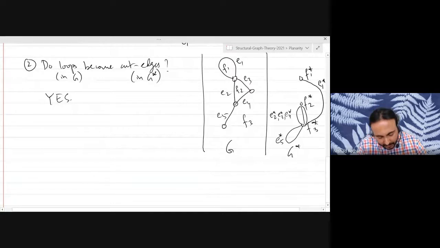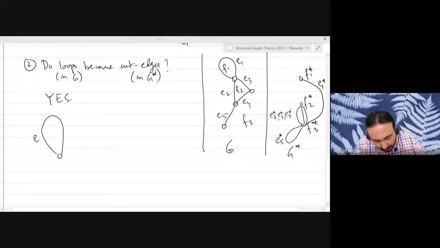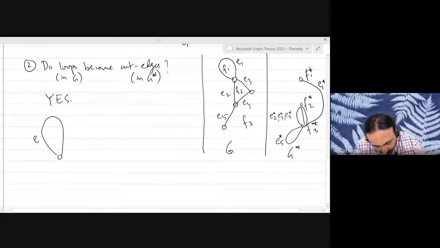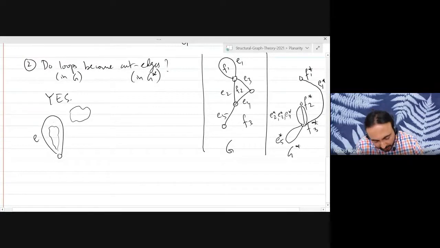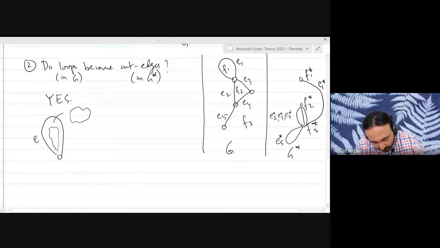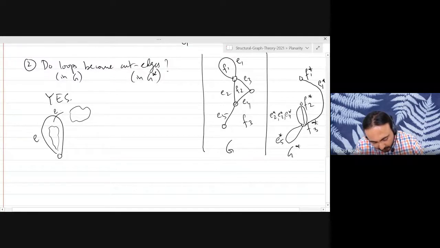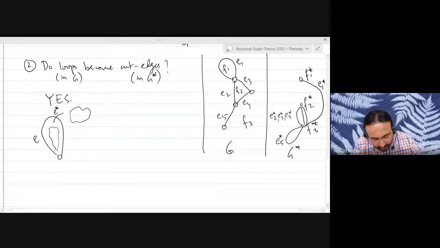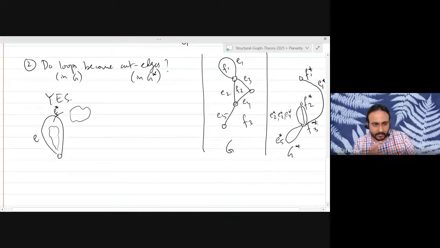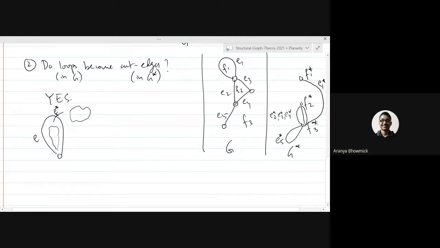Because what happens is, if you look at a loop, there might be some part of the graph drawn here, and there might be some part of the graph drawn here. But the only way to connect them is through the edge E star that goes from this face to the other face on the other side. And so when you remove this edge in the dual, you will disconnect whatever is drawn inside from whatever is drawn outside. Does that make sense? Sir, can you repeat this argument once again?